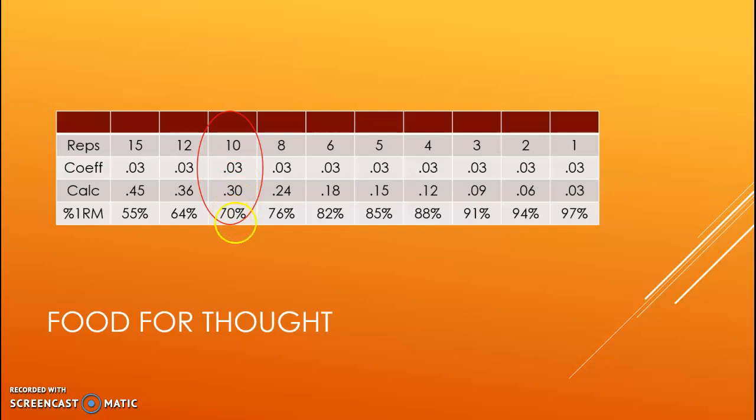Now, this does slide. When you get further to the right here, this coefficient starts to get tighter and tighter, because it has to. You know it has to, because if you're doing a 1 rep attempt, it's not going to be 97, it's going to be closer to 99. So this would actually be 0.01, right? That will be your per rep coefficient, which will give you 99% here. So just keep that in mind. This does slide in the real world, but for the sake of our class, 0.03 per rep, 10 reps gives you 70% of a 1 rep max.